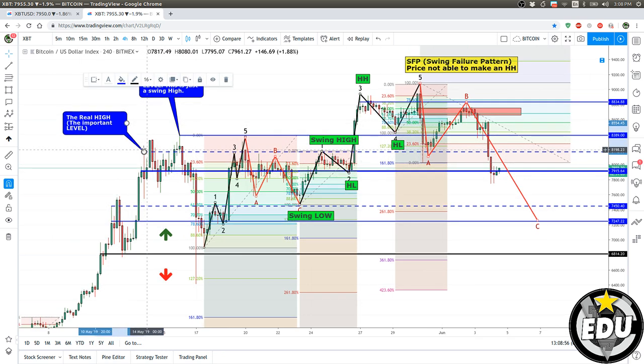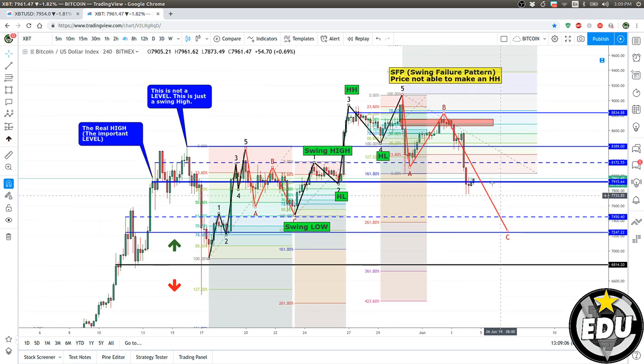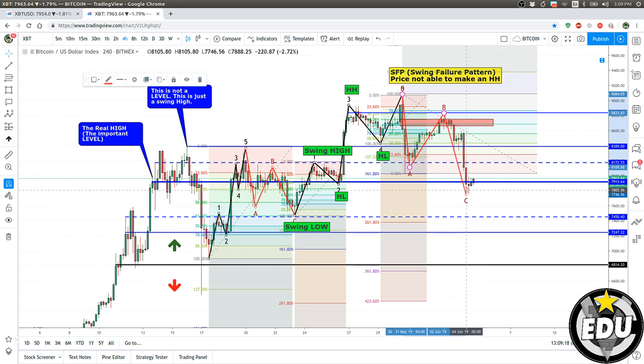This is my important level, but it actually starts from here. This is just the swing of the range. And Bitcoin just dropped right on it. I traced a chart in my premium channel to say that this was the level to look for. This level right here, okay? And it's bouncing up and down.